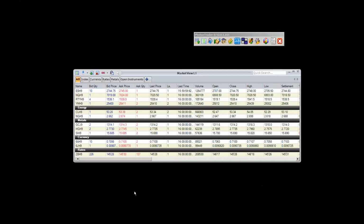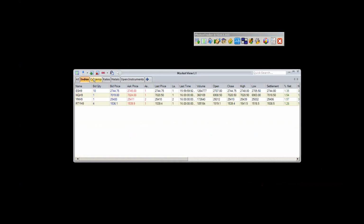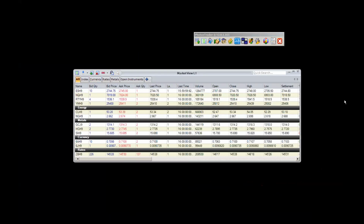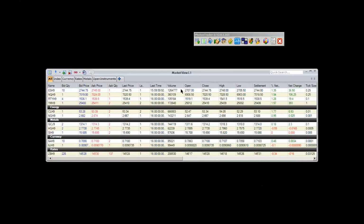Okay, let's start with just the quote board. This is a basic quote board that I built. You can build quote boards real easy and name them, name tabs, whatever you want, or you can list them this way. Ours is extremely easy and